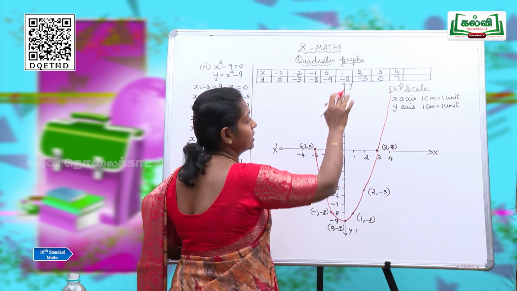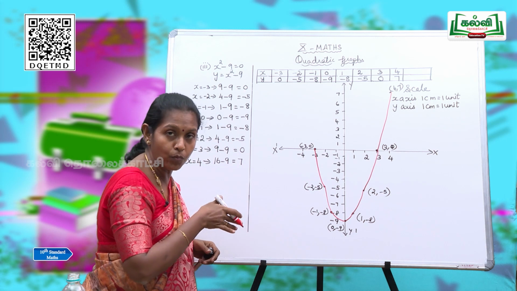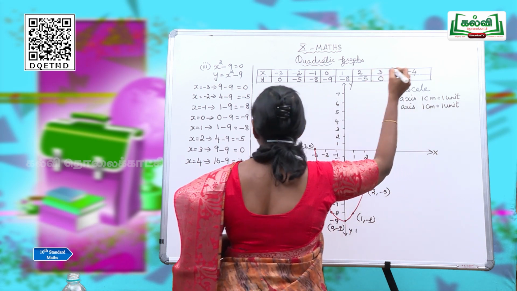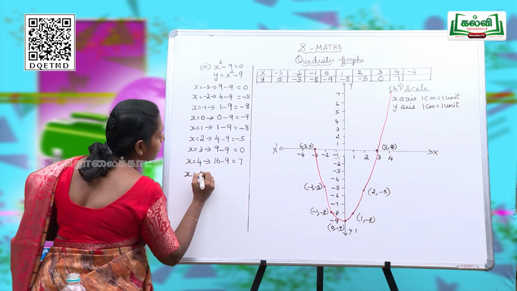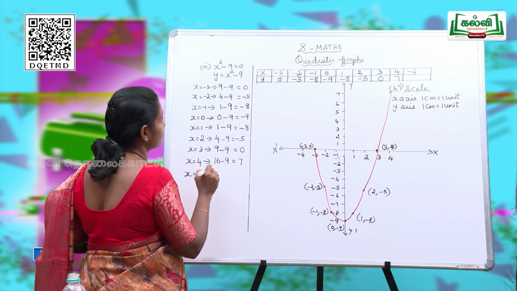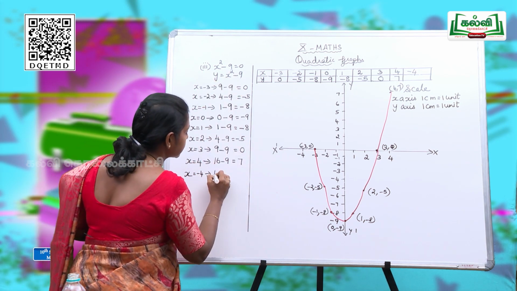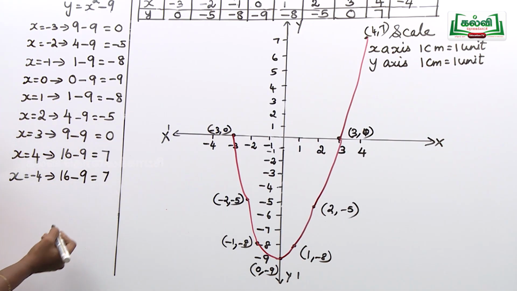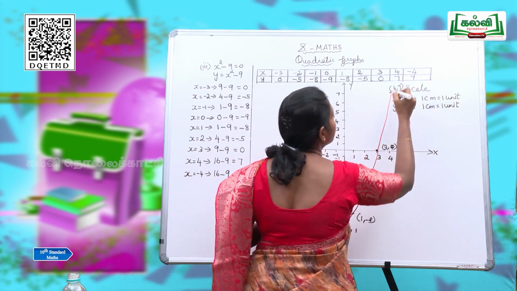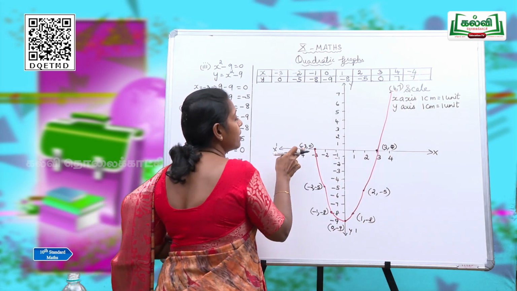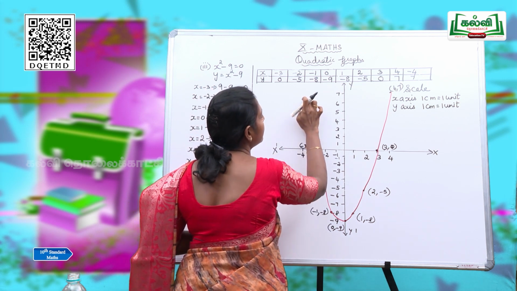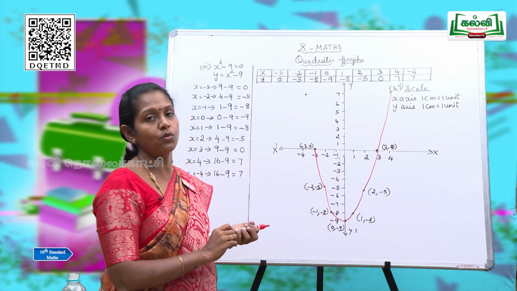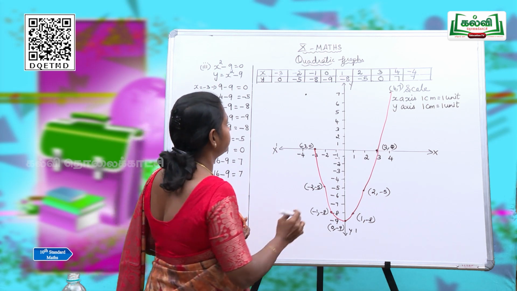That's why I told you to leave that box. That means on the minus side you need one more point, so you have to add minus 4 here, and then check what will be the answer for minus 4. If you apply x equal to minus 4, what will you get? Minus 4 whole squared is 16, and here minus 9. So as usual, 7. So you will be getting 7 here. That again you have to mark on the graph. Minus 4 and 7. Where will it be? Yes children, correct, here. So that's why I told you, if you need, you can add points, otherwise no need.